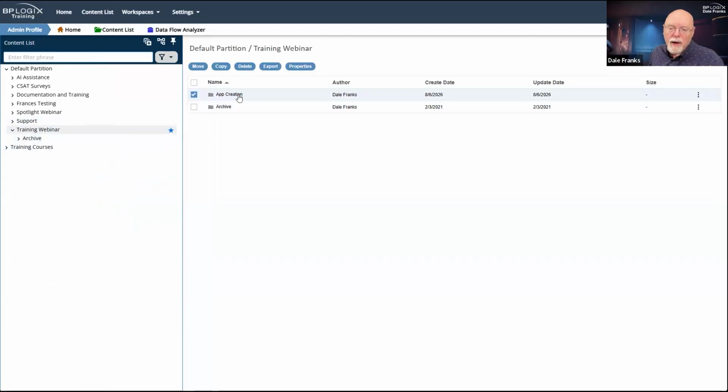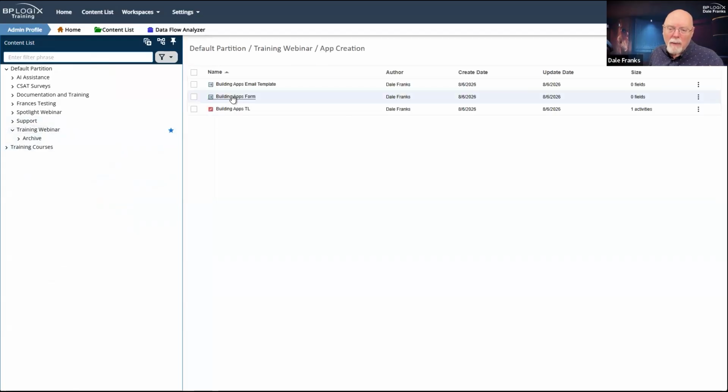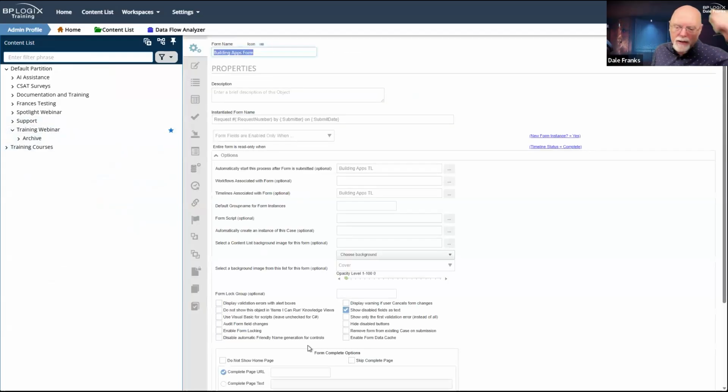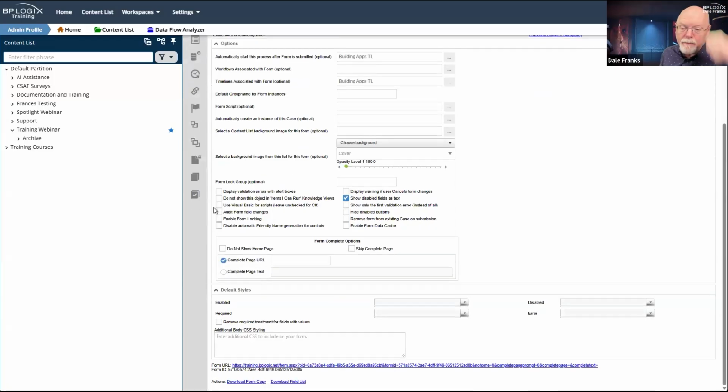So therefore, we have that property and we have the ability to implement form field changes there and to be able to check just to be sure. If there's any question about what the value of a field should be, you can always go to the Audit Viewer tab of the form instance and see how it got to that state.